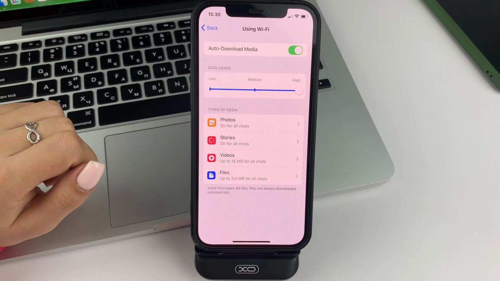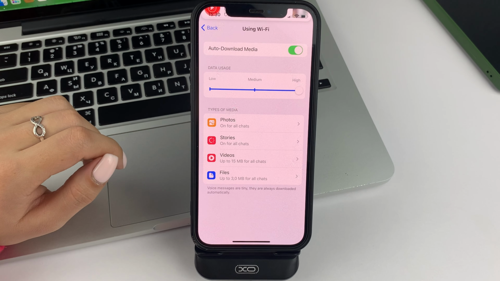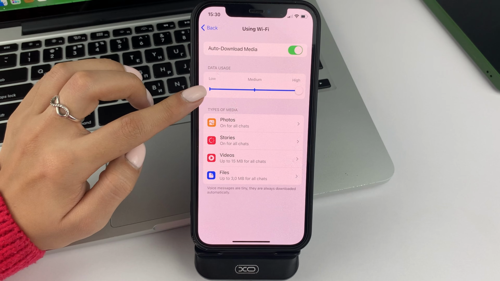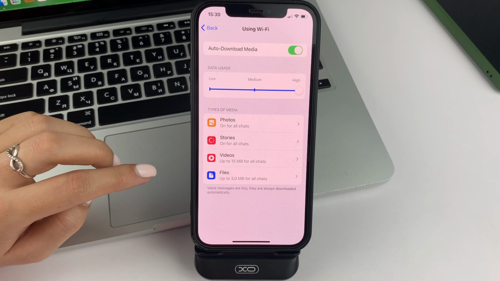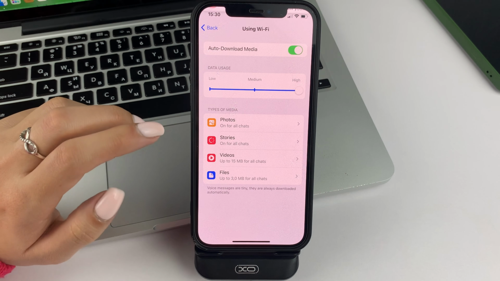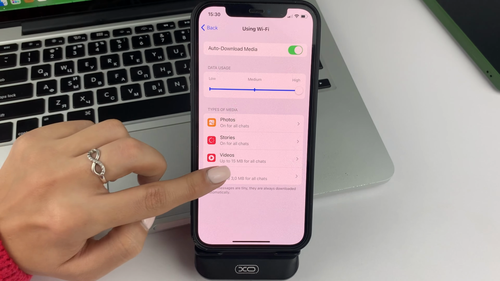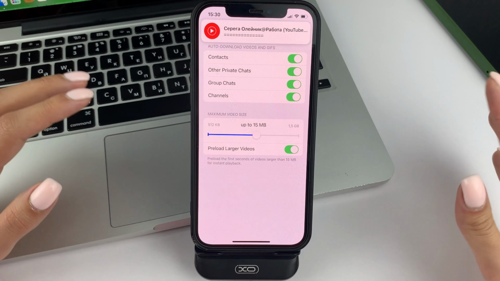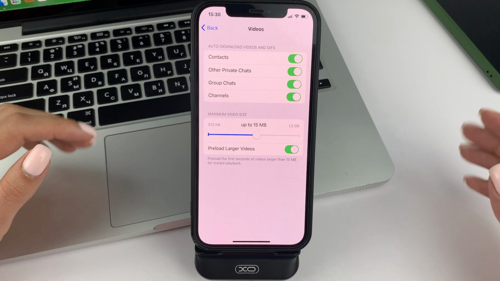Here you can customize the size of the files you would like to download. That is, whether they will be smaller in size or larger, you can customize. You can also customize what exactly you want to download. And let's say if it's a video, click on Video. And here you can choose where you would like to download certain videos from.